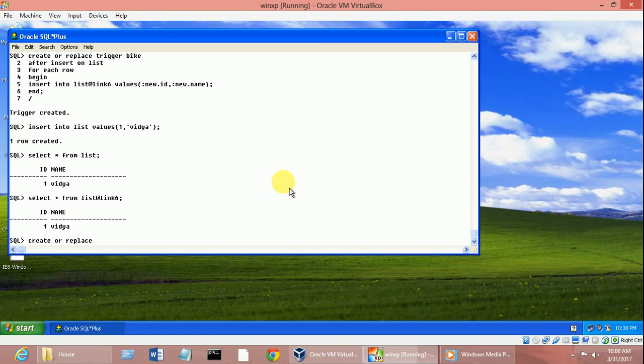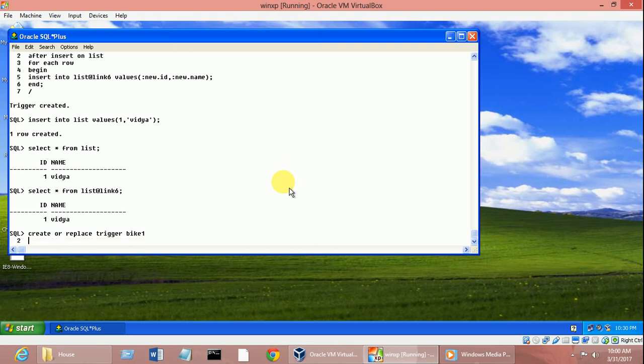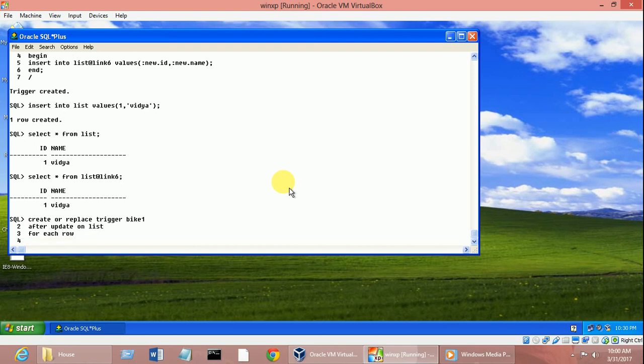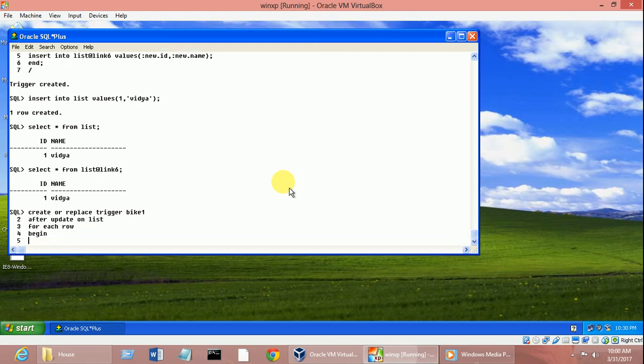Now it is create or replace trigger, which is used to update. Create or replace trigger, and the trigger name we gave as bike 1. After that, after update on list, which is the table name, for each row, enter, begin, and then update table name list at the rate link 6, enter.